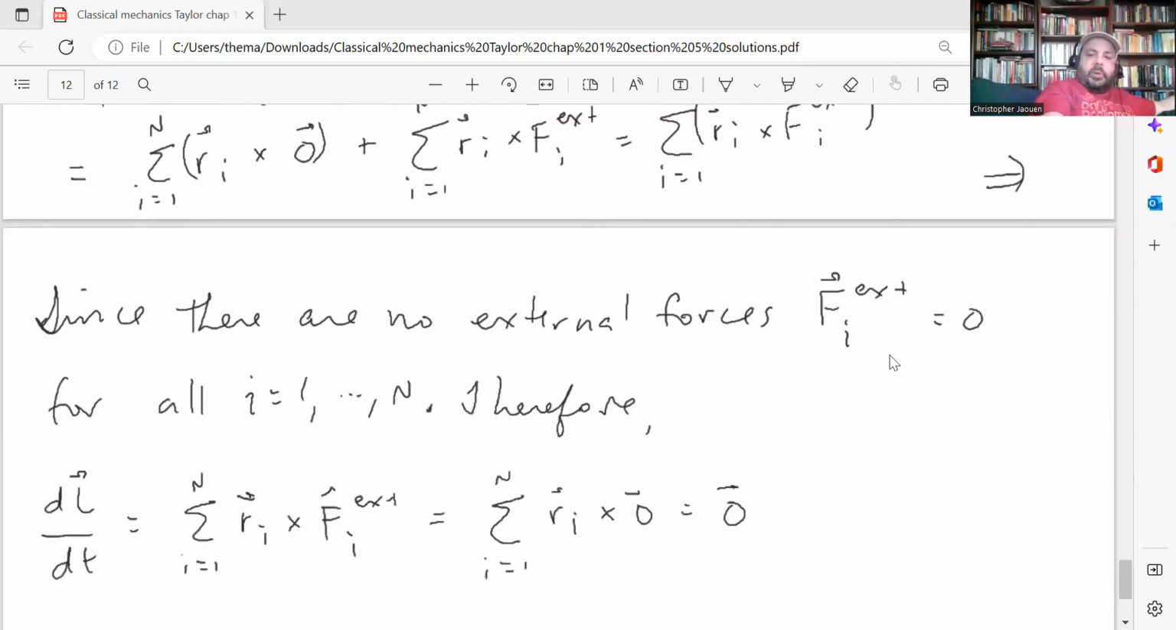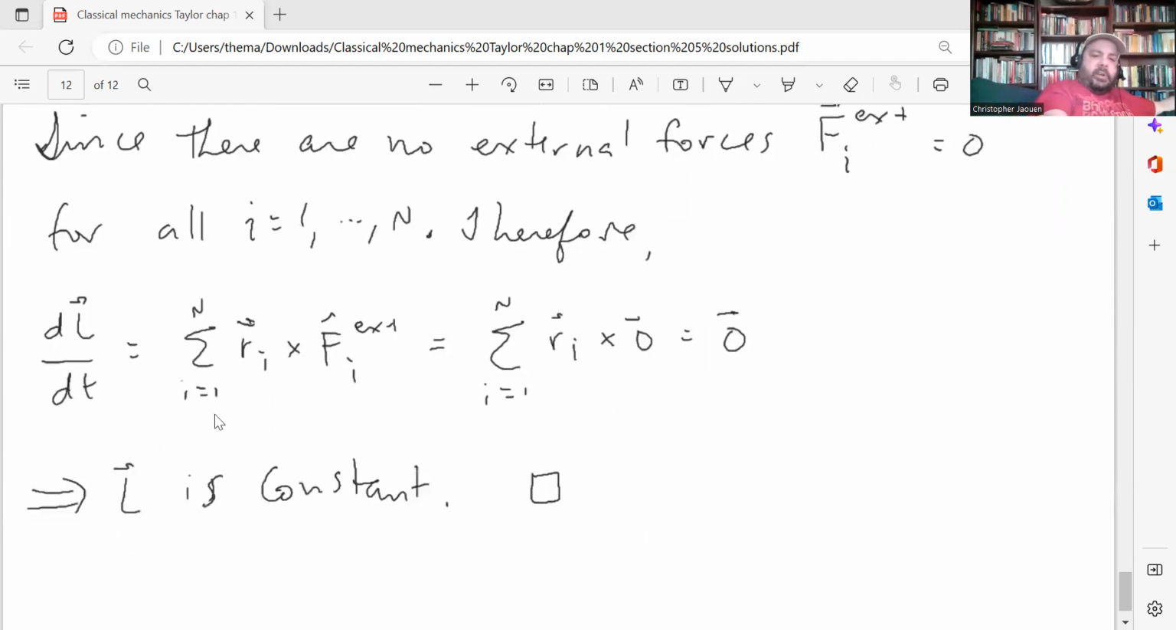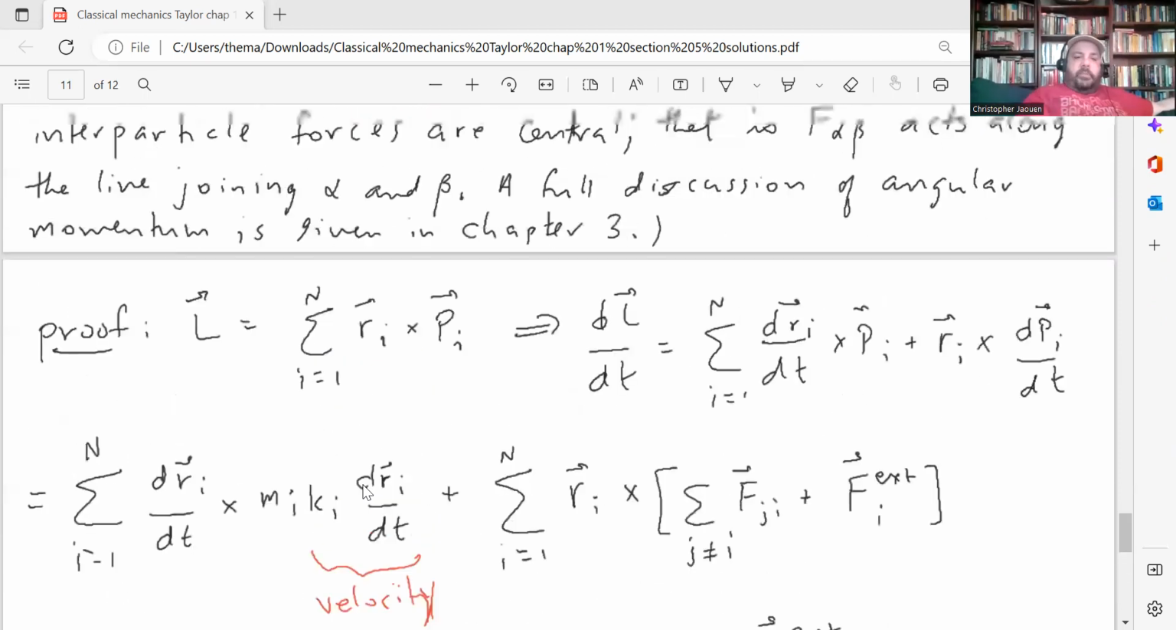And since there are no external forces, the external forces on each of the individual particles is 0, for i going from 1 to n. Therefore, this cross product here is equal to the 0 vector. That's dL/dt. So that shows that the angular momentum is constant, right? And that's basically it. It's very similar to the